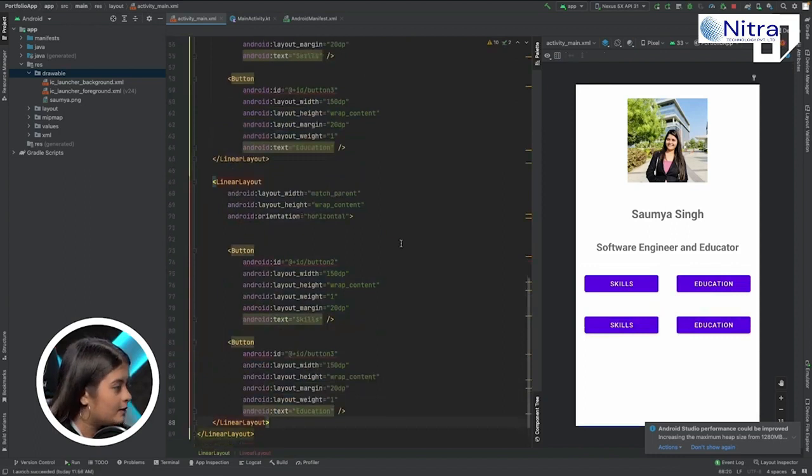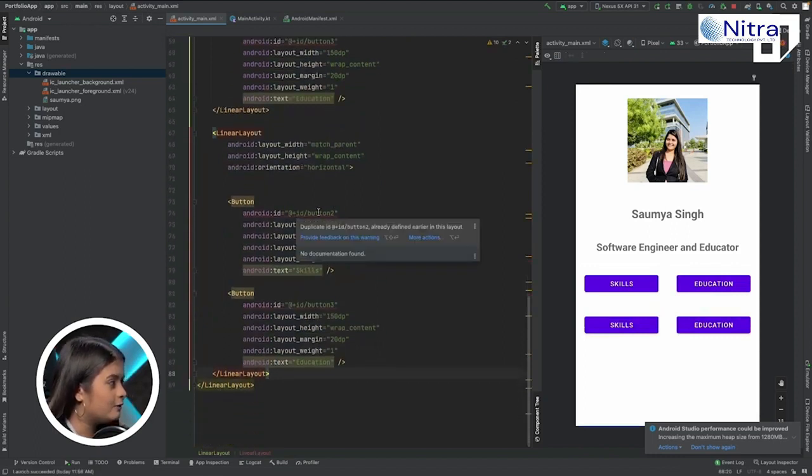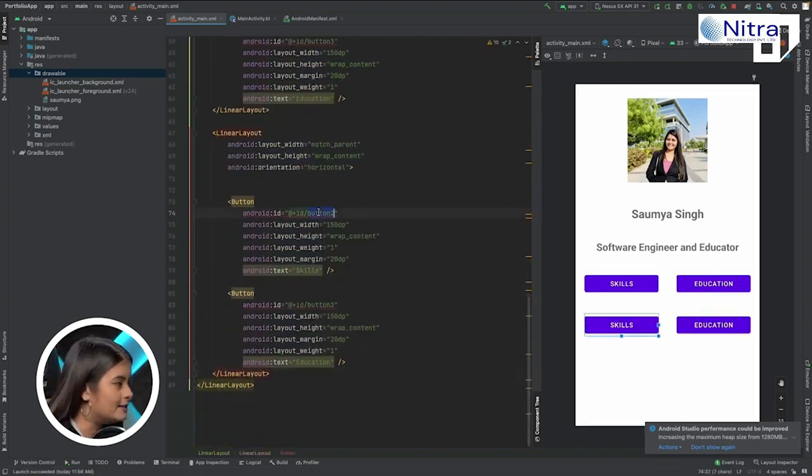And we need similar stuff for 2 more features. So we'll just copy paste it, and you can see we can't have non-unique IDs, that's why it's showing an error. So we'll name it button 3, and this will be your button 4, and quickly change the options here. This is a skill, so we want, let's say, work experience, so we'll just write work here. And another thing that you can showcase in your portfolio is your achievements. Okay,